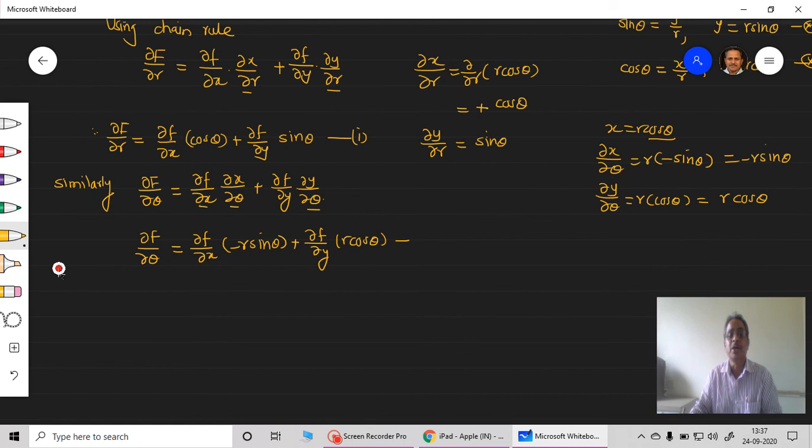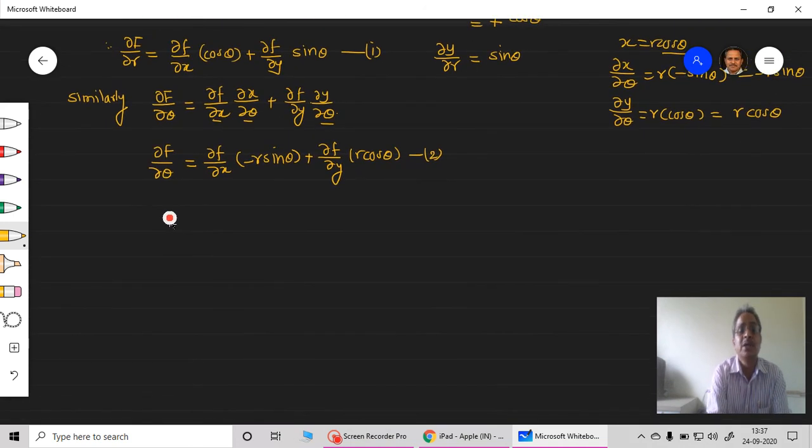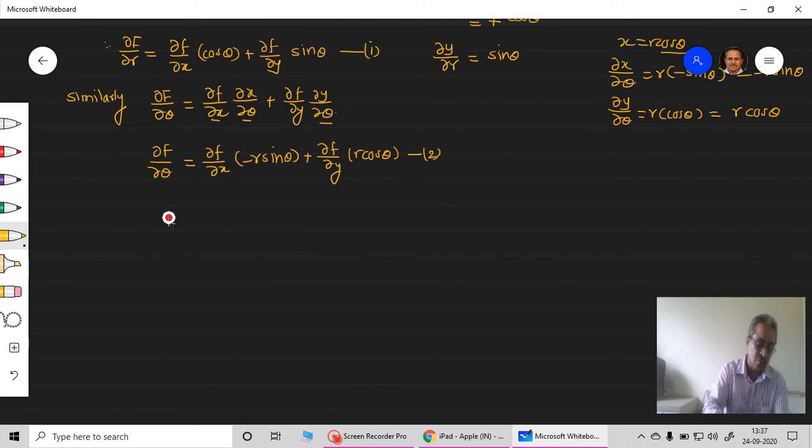Call this equation 2. Now I have to get the relations between ∂F/∂x and ∂F/∂theta and ∂F/∂r. Similarly, I have to get the relation between ∂F/∂y and ∂F/∂r and ∂F/∂theta. For that, we have to do certain manipulations over equations 1 and 2, and these are as follows. Now multiply equation 1